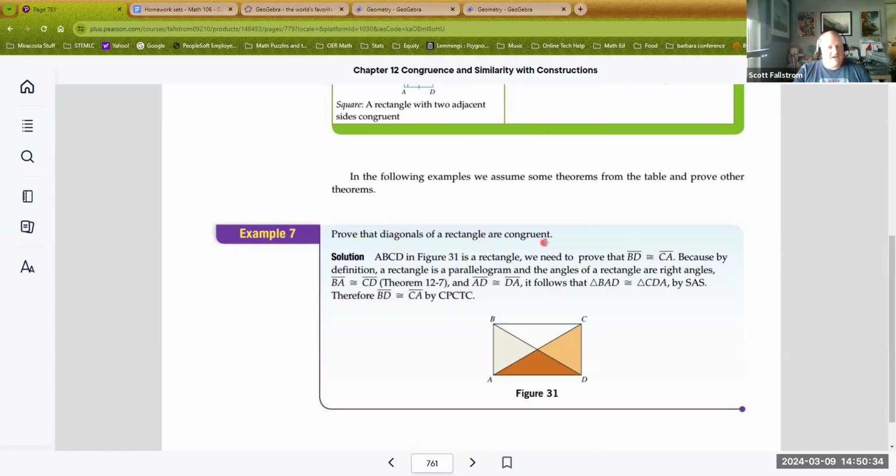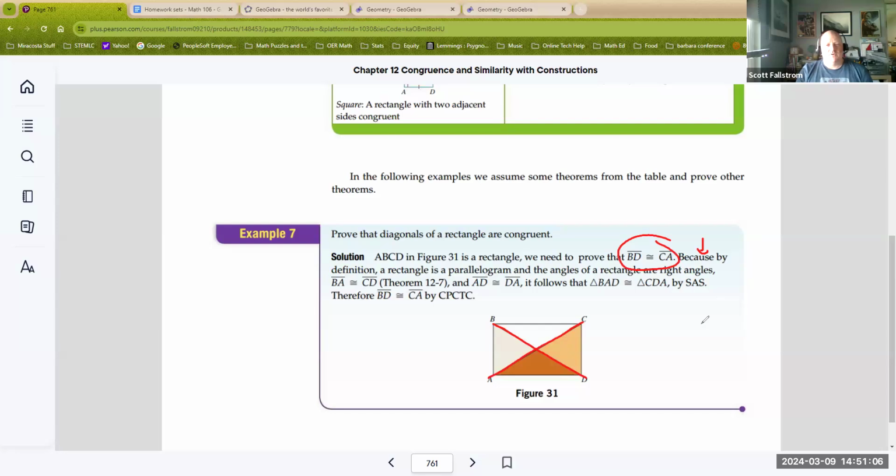If I want to prove the diagonals of a rectangle are congruent, then I have to create these congruent triangles. Again, my overall goal is to prove that the diagonals BD and AC are congruent. Okay. So that's what I want to show. I usually skip down a little bit. Like I'll put what I want to show right there, but then I'll skip down and say, okay, here's